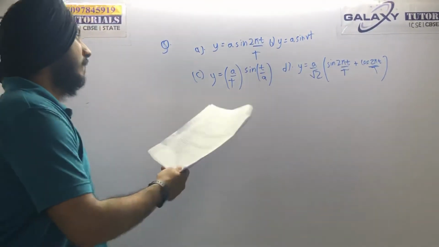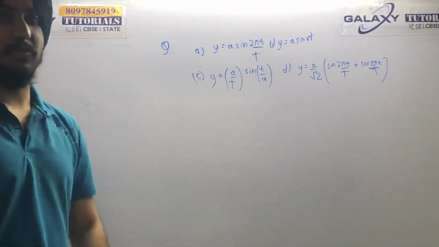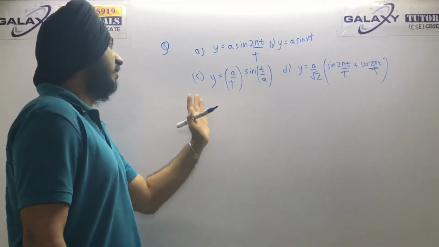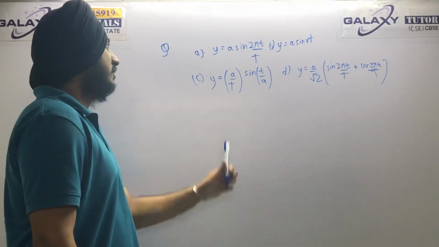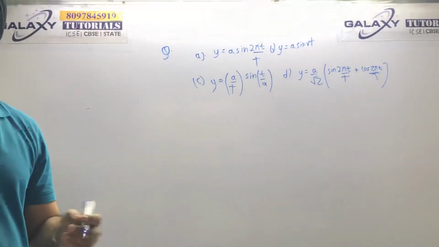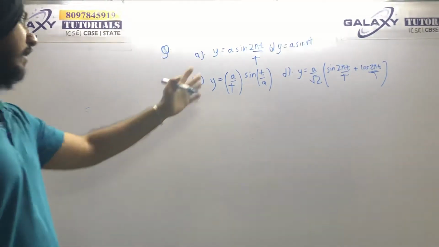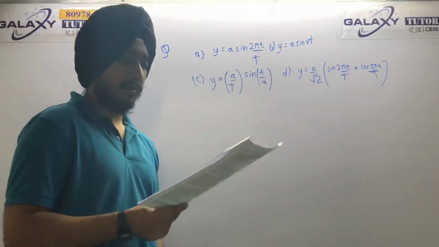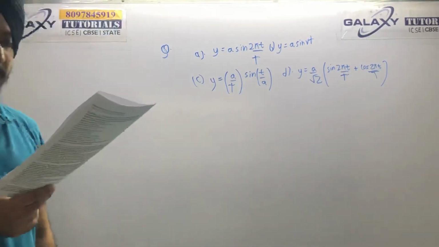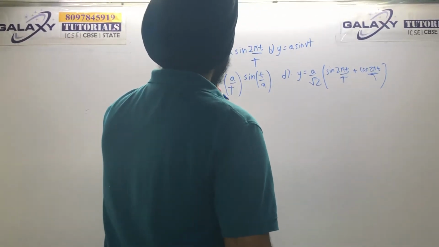Basically, this is a physics book we are talking about, and in this physics book there is a chapter on periodic motion that you are also going to study. In this chapter there are many mistakes. These are the formulas that are given in that chapter, and they want us to find if all the formulas are dimensionally correct or not. Basically they want us to find if there is any mistake in these formulas. First of all, I will tell you what is what. Basically, y is the displacement, just for your knowledge.